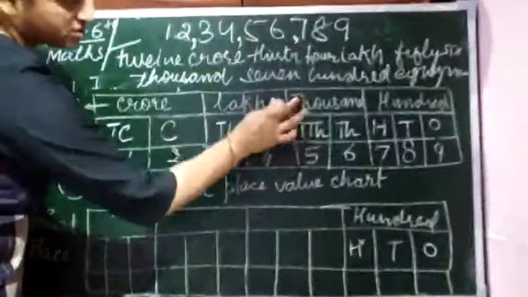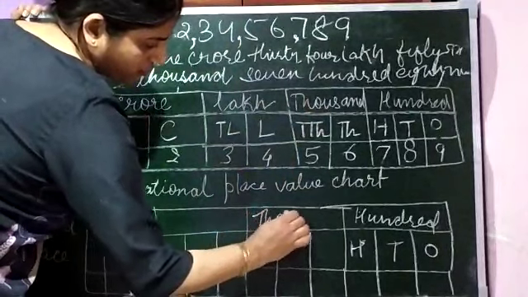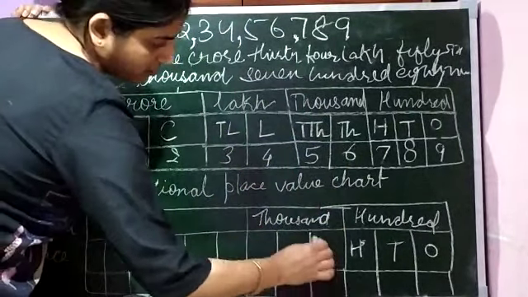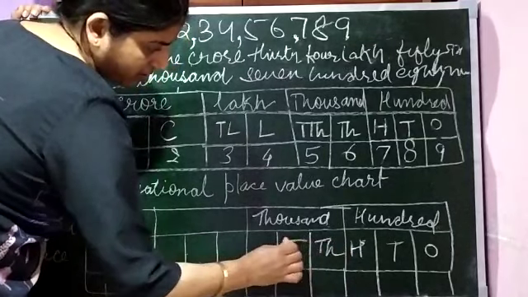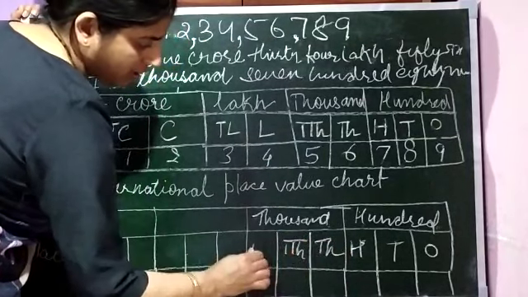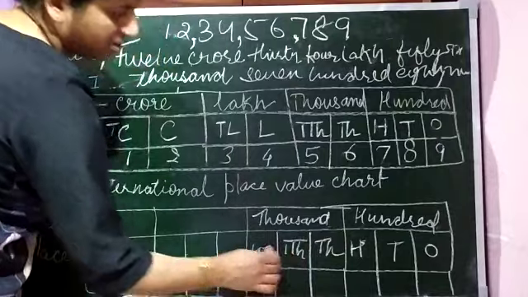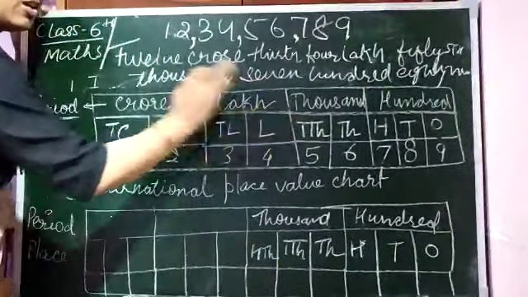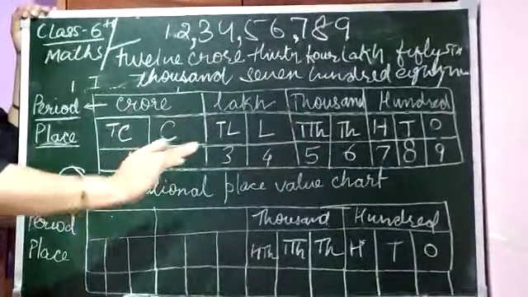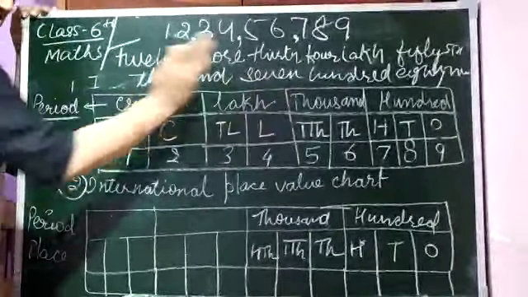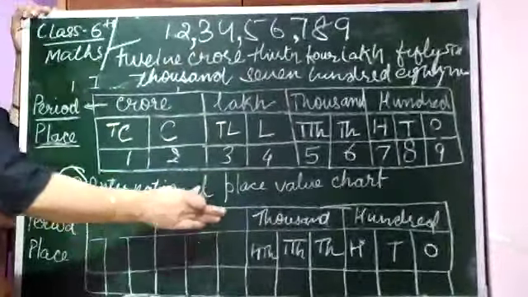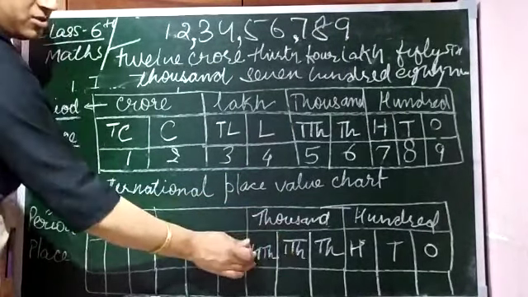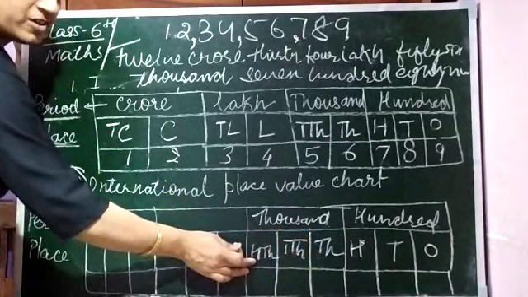Then after which is 1000. THOU, 1000. Then after, here it is 1000, 1000. Here it is 10,000. And here it is 100,000. So here the difference comes. In Indian, there is no 100 place in 1000 period. But in international, in 1000 period, there are 3 places. Ones, tens and 100 place.